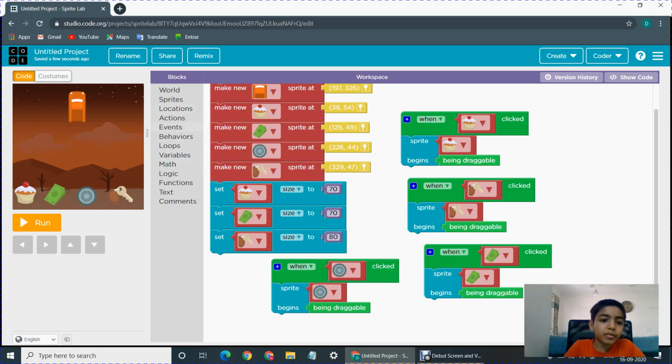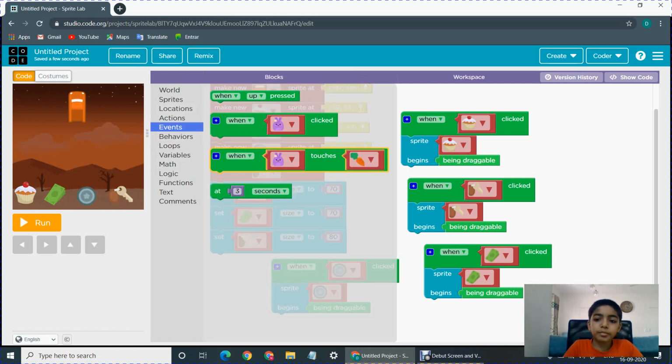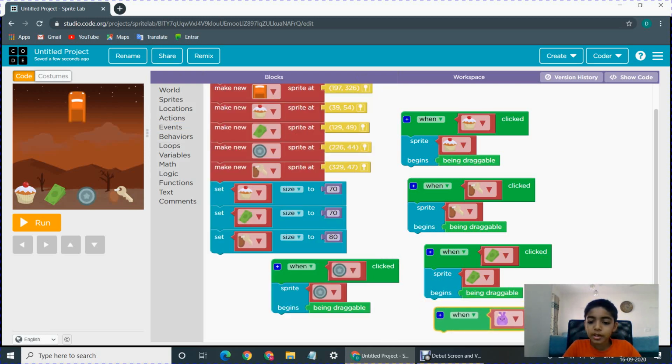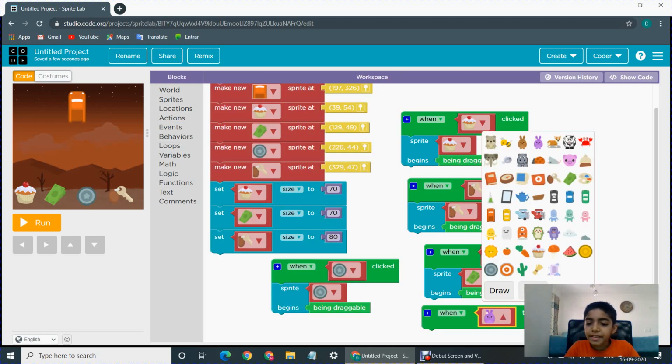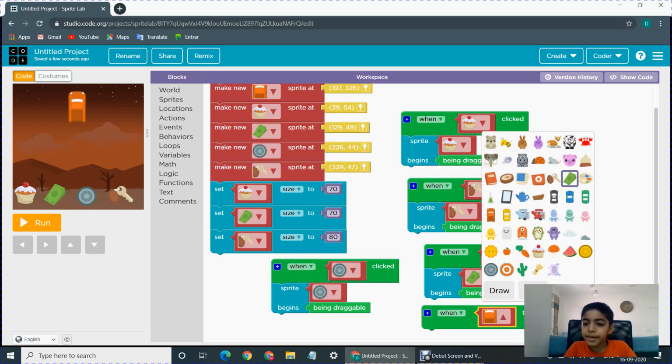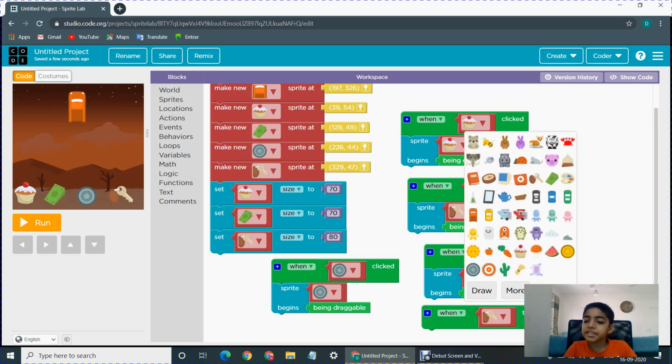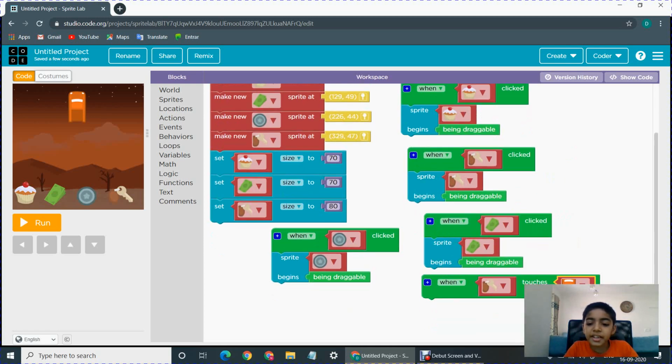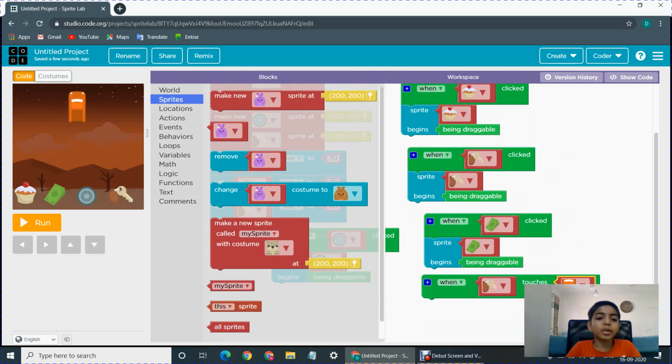So now we need to add more event blocks. So when, wait a second, when keys touches car, the key should not be there. It should be removed. So we go to the sprite in the toolbox and then we see this remove sprite.